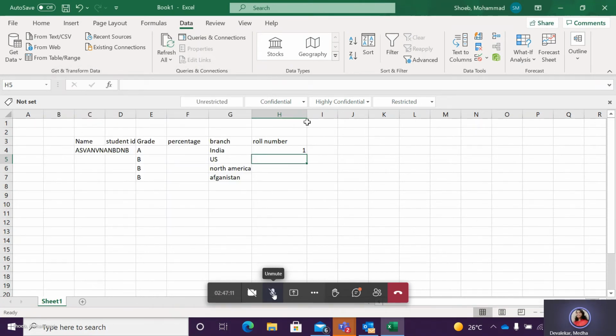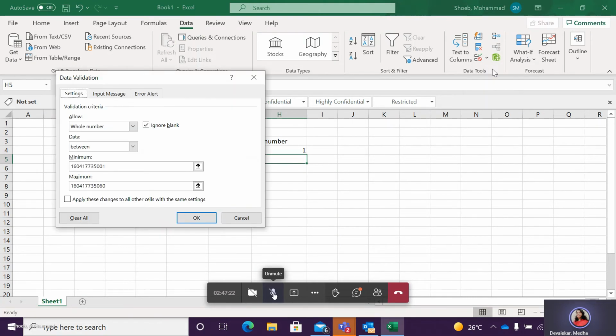Wait. Here, see, the maximum and minimum are too high. Just click on your data validation. It is not the same as in your H4. The rule is different.